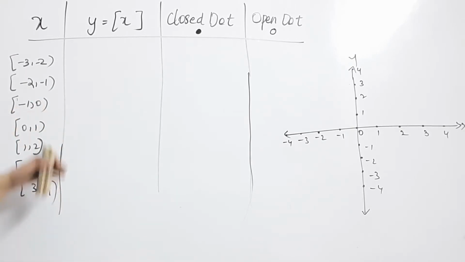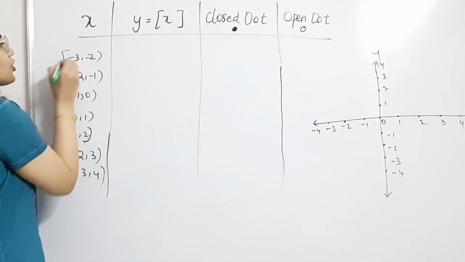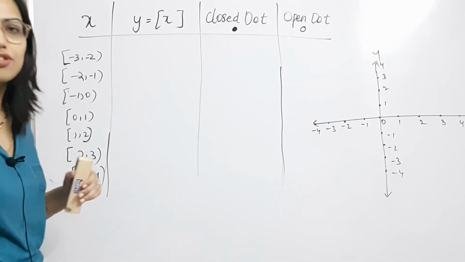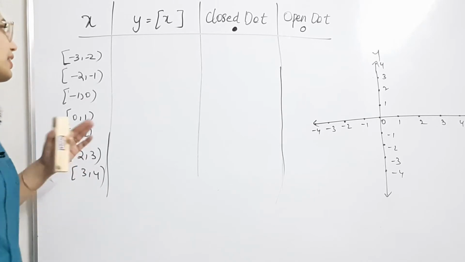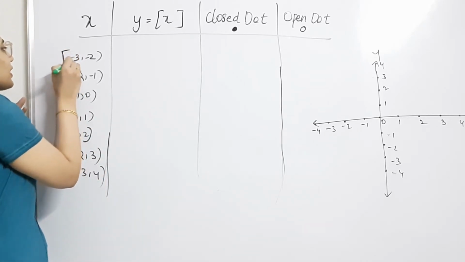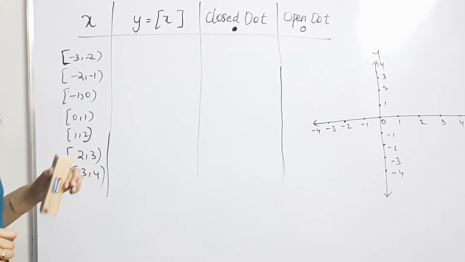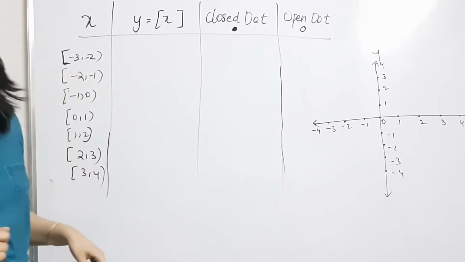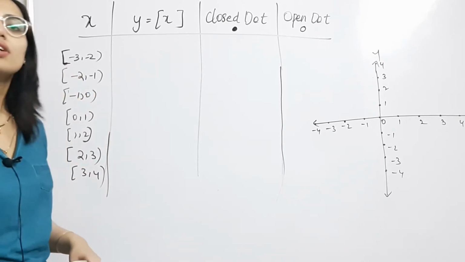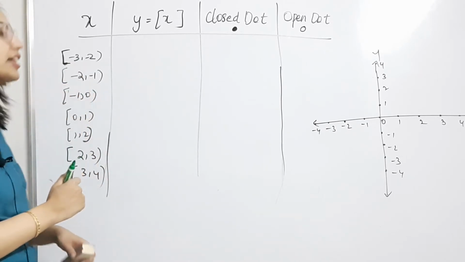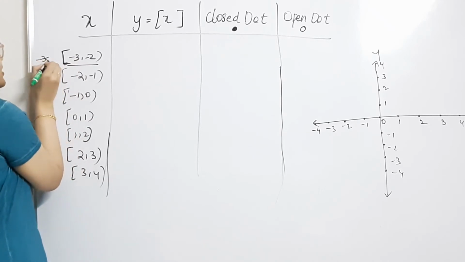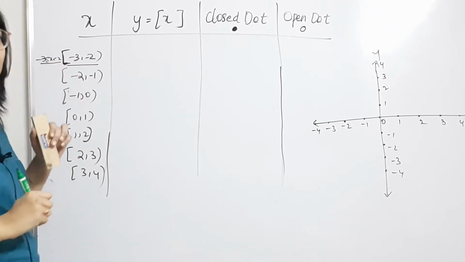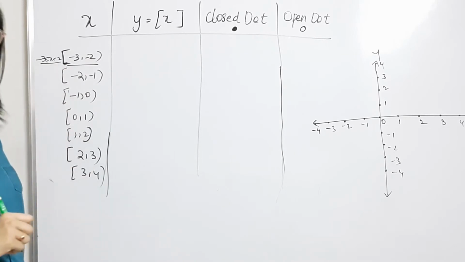So for example, now let's put this to practice. Minus 3 comma minus 2. I have shown you in detail about the intervals in my introduction video of functions. You can see that video if you do not understand the intervals, but you know for a fact that the square bracket indicates that we are including the value towards the left here, and the round bracket indicates that we are not including the value towards the right here, right? So in this case we are saying that x is minus 3 less than or equal to x less than minus 2, right? That means we are including minus 3 but we are not including minus 2.